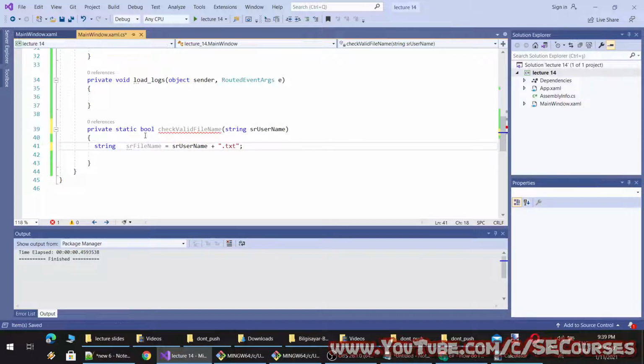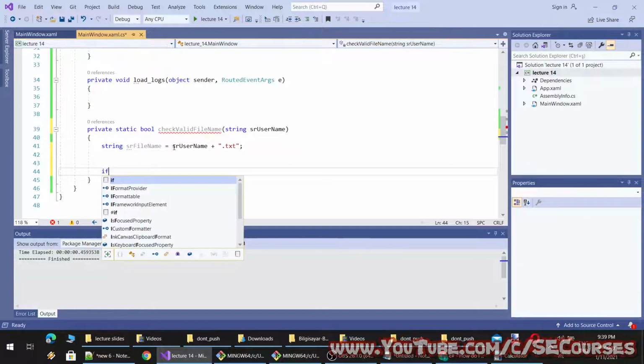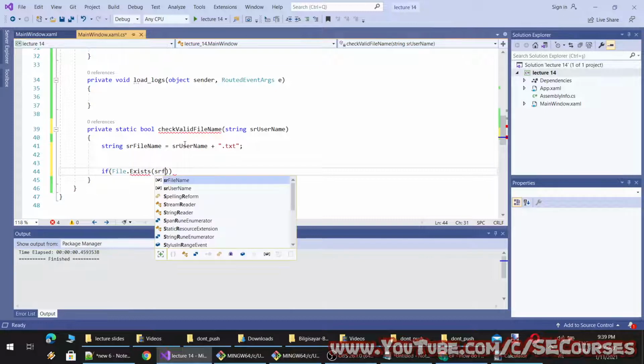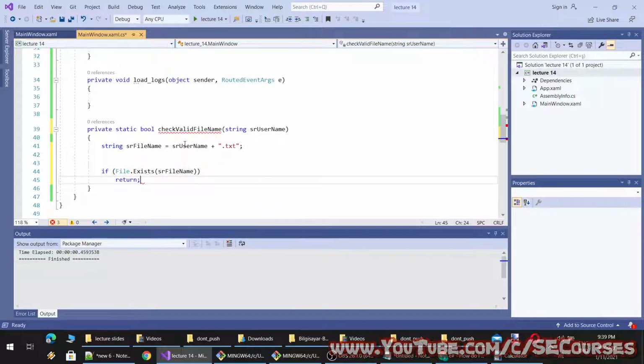So you know, the naming is important. And what we are going to do is, if the file exists, return true. If it does not exist, then we will try to create it.